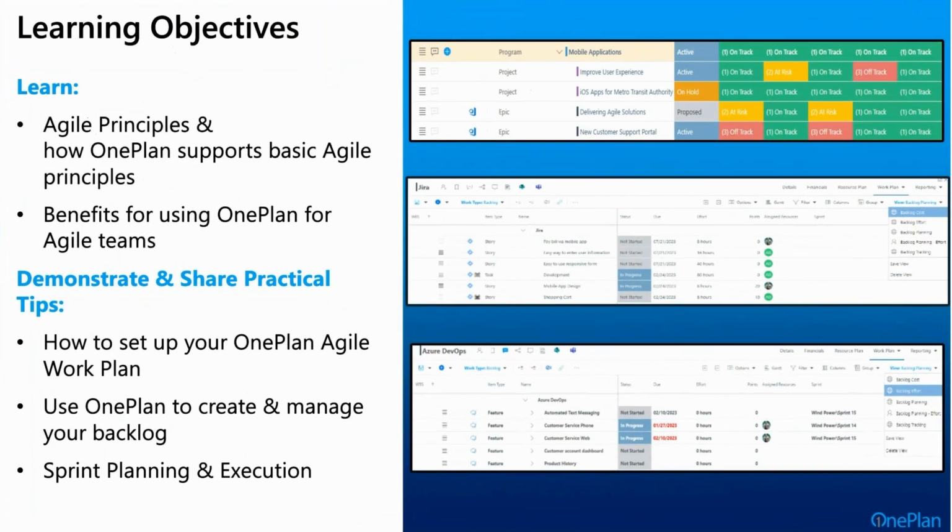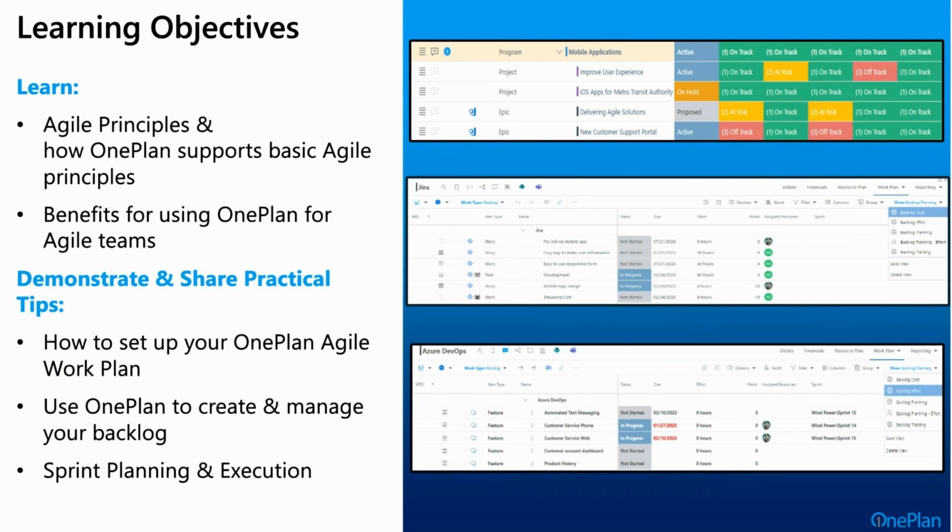So in today's session, we're going to touch on a lot of different things inside of the work plan, which is going to be our focus for Agile. I'll do a brief overview of Agile principles, highlighting how OnePlan supports Agile work management. I will also emphasize the benefits of using OnePlan for Agile teams, such as enhancing visibility, flexibility, and collaboration.